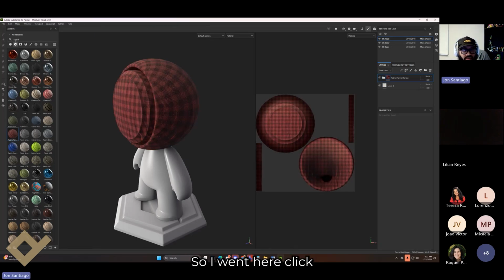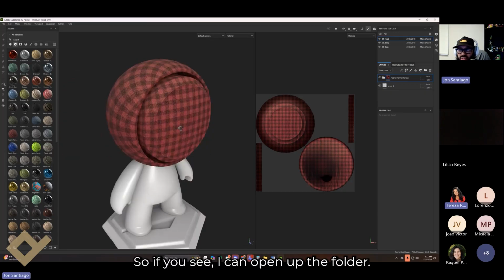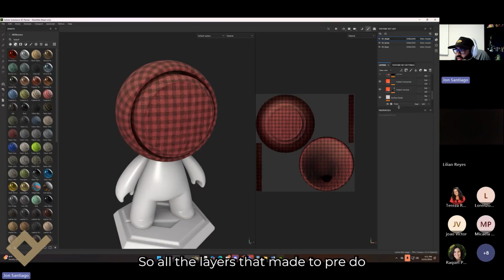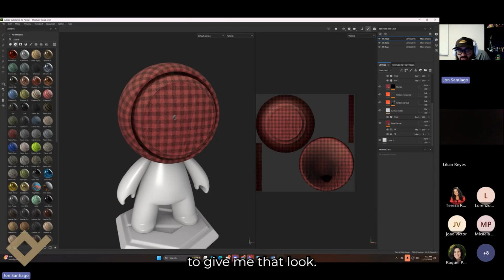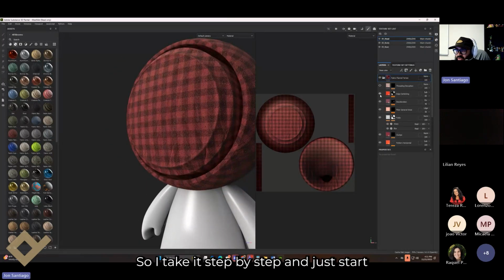So I went here, clicked, because these are the smart materials. And I dragged the fabric linen, right? If you see, I can open up the folder, and this is everything that went in there. These are all the layers that were pre-made to give me that look. So the wrinkles and everything. If I take it step by step and just start